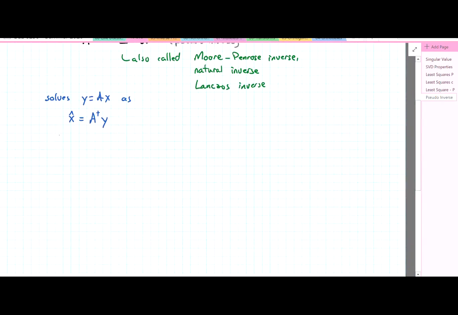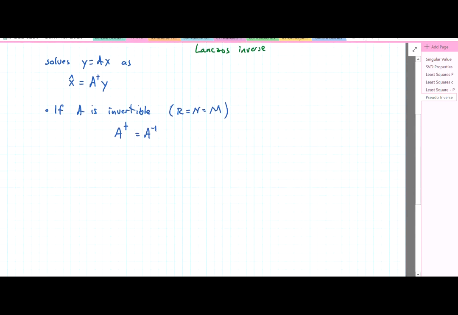First, if A is invertible, then it has to be square. R equals M equal to N. Then A dagger is equal to A inverse. And we can easily check that because we would have